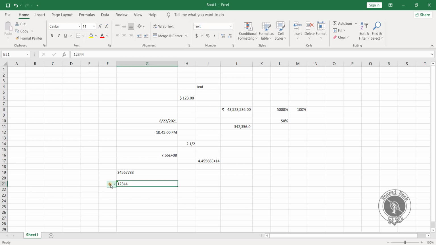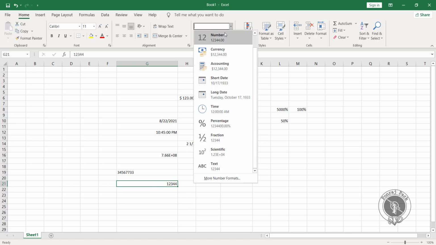If you click on that error, it will show you that the number is stored as text. So you can convert whatever number you have entered into the special format called number. Okay, so we can convert the data we had entered into the cell as number, so that error will be gone. Once you have converted into text, it will not allow you to enter any other format. If you want to enter, you have to simply convert that. Okay, so this is all about this.